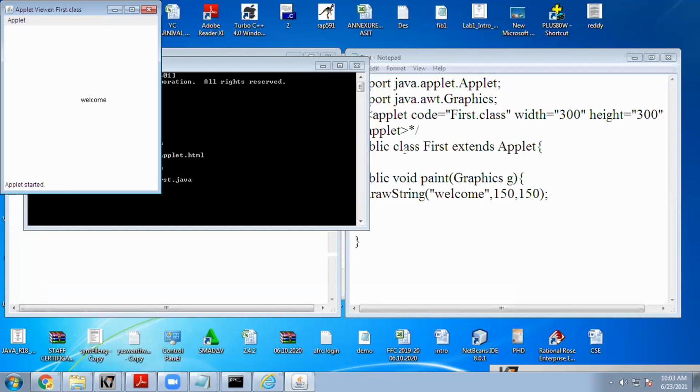Yeah, import. That package, sir, is the Java package. That's why this applet viewer is the Java supporting thing only. So in applet viewer the output is coming here. But the web browsers have now stopped the applet concepts. Even though I try to add these add-ons of Java, because of the security issues and the outdated, older concept of Java, the web browsers are not providing, not executing the applets in their web browser.